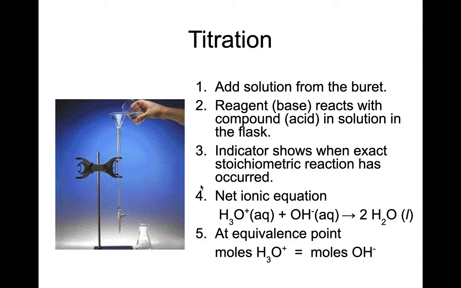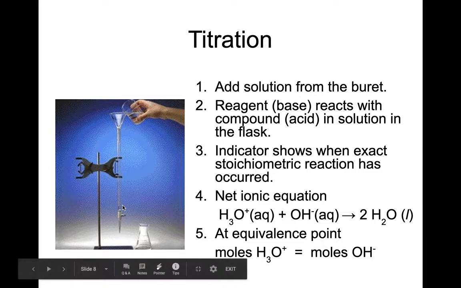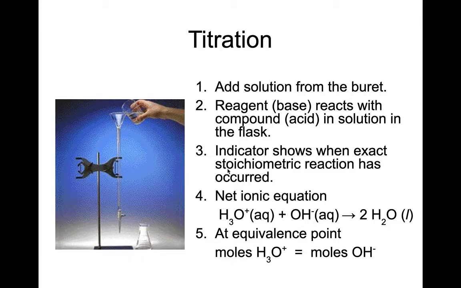So to talk about this step by step, we're always adding solution from the burette. So we're always going from the burette to the beaker. We're always reacting one acid with one base. And we use an indicator to show when an exact stoichiometric reaction has occurred. So we pick our indicator very specifically to show us when we've reached a certain pH value, when we've reached a certain ratio of